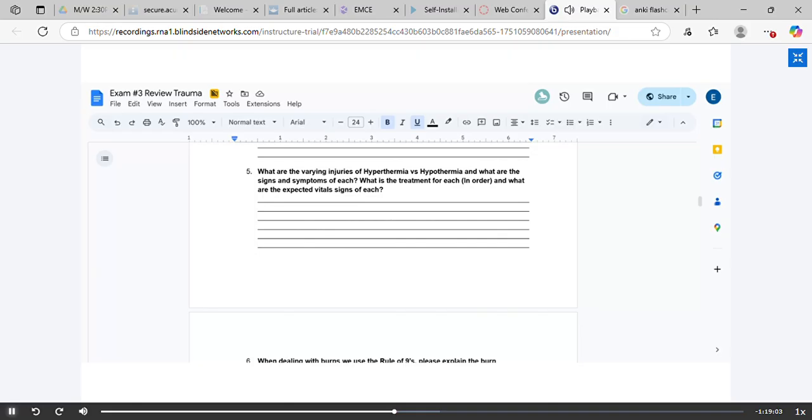And the heart is very, very irritated, so you want to be careful with your patient, because if you handle them too roughly, you'll actually send them into ventricular fibrillation, which is, of course, where the heart isn't beating appropriately, and now you're doing compressions. Okay. Now, if your patient goes even further and they're in what we call severe hypothermia, where their core temp